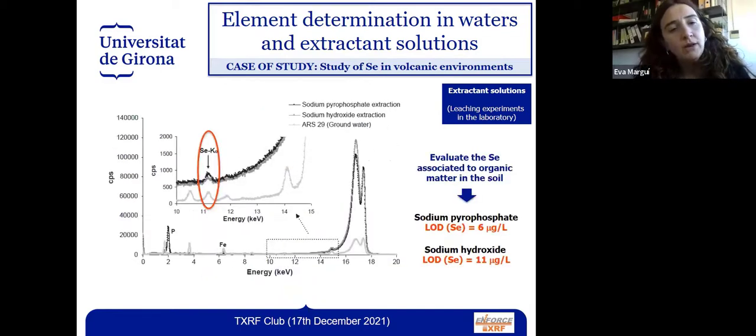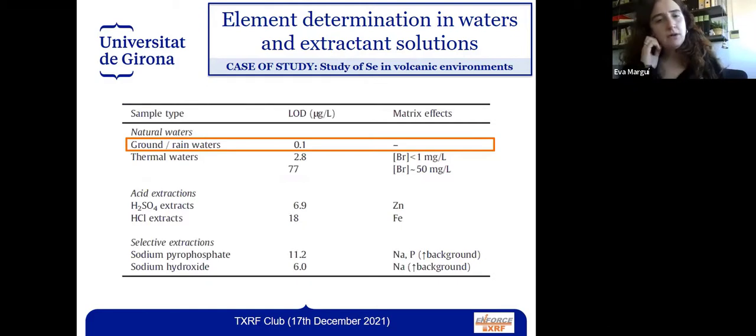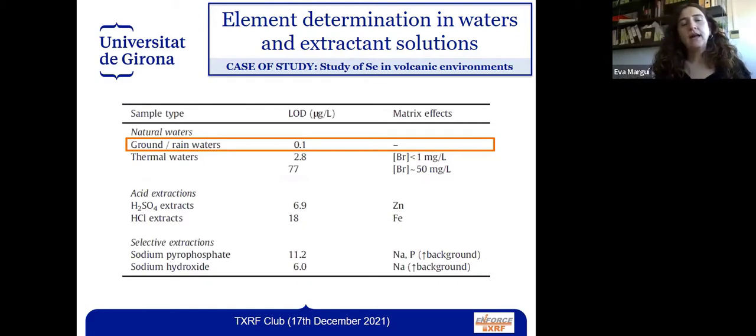And finally, we also evaluated the limits of detection in two basic solutions that are commonly used to evaluate the selenium associated to organic matter in the soil. As you can see in the spectra, the background using these extractions was quite high and the limits of detection were around 10 ppb. So here in the table, you can see that for the analysis